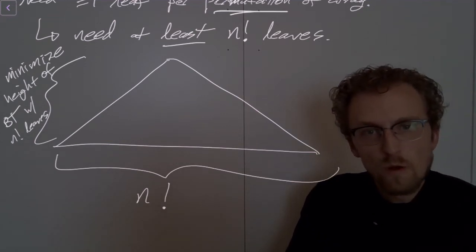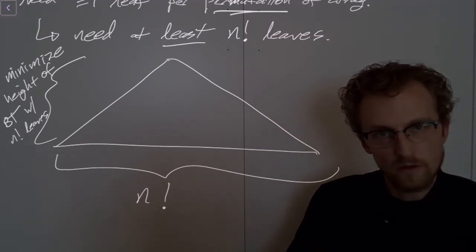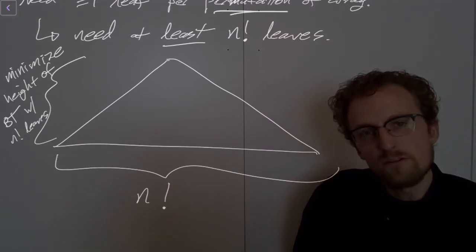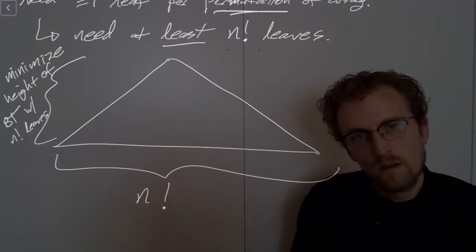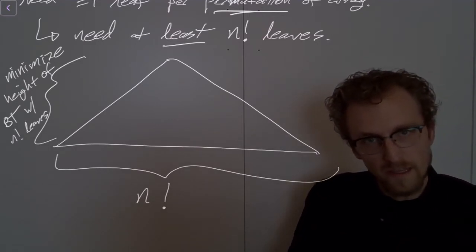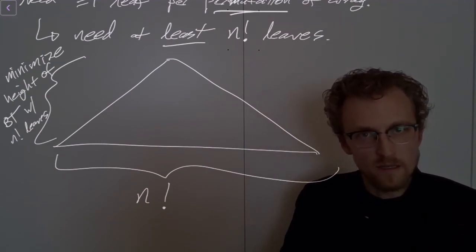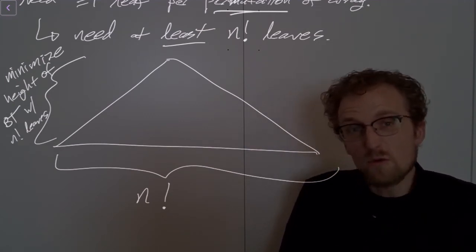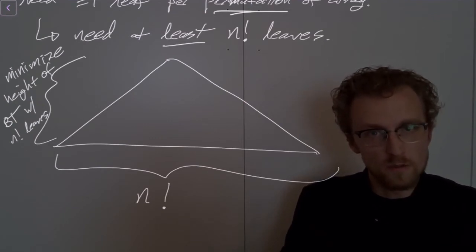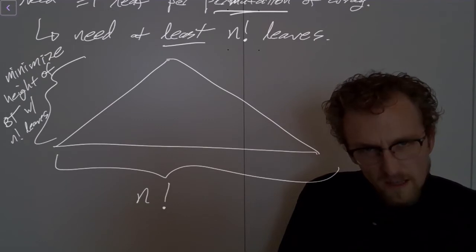Okay, so what we've done is we've taken our question, what is the fastest we could ever sort n numbers? And we have reduced that question to something completely different, and it turns out completely analytically tractable. So we've taken our question, what's the fastest we can sort n numbers? And we've said, well, any sorting algorithm that uses two-way comparisons to identify how to sort the numbers induces a